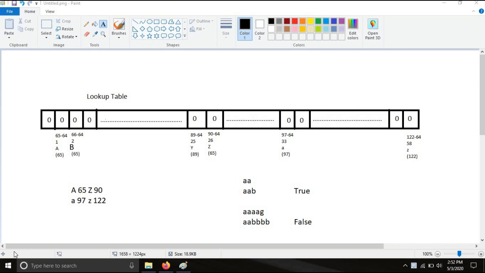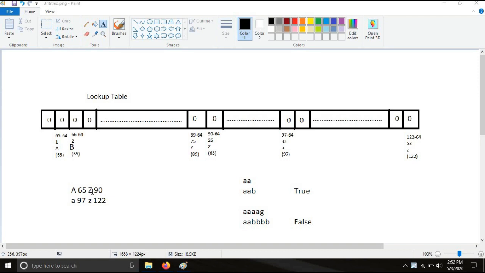Now let's understand what the lookup table is. Firstly, the ASCII value of capital A is 65 and the ASCII value of capital Z is 90. Also the ASCII value of small a is 97 and the ASCII value of small z is 122.